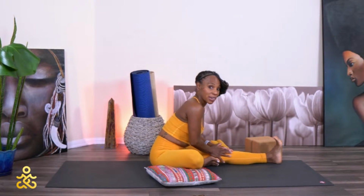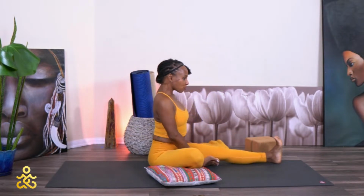That's going to be a really great protection for your left knee. And then take your right hand to hold your right ankle. Take your left hand to hold your left thigh. Close down your eyes. And on your in-breath, breathe through the central corridor from the base of your pelvis in